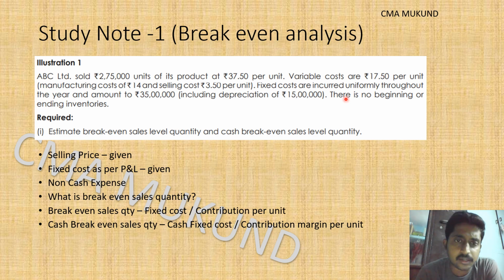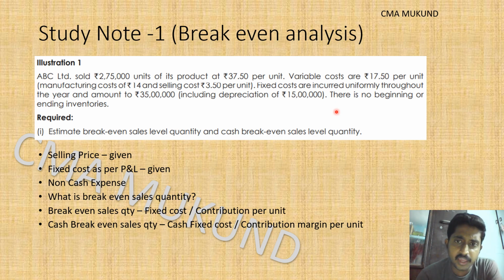Contribution is a basic thing that we calculate in marginal costing. What is marginal costing? All our decision making will be based on the variable cost. Selling price minus variable cost will be the contribution, and this contribution should be such that it covers all our fixed cost. After that there will be a profit left over, and that profit will be used by the company for future expansion. This is management decision making.